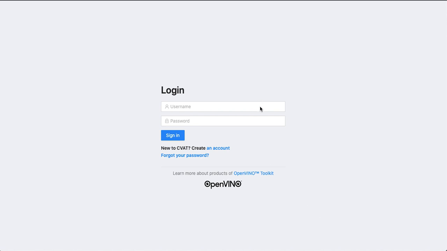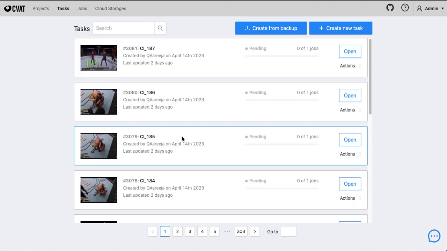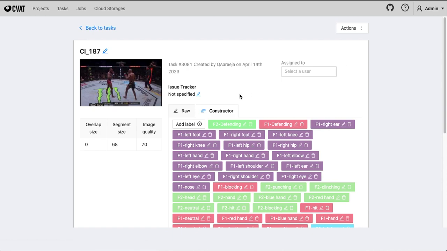Every annotator is given their unique username and password. Right now I'm logging in with the admin account, and when I log in I can see all the tasks that we have created for them. But when the annotator logs in from their account, they would only see the task that's been assigned to them. So I'll just quickly open one task, and for this particular project we have two fighters who are boxing,